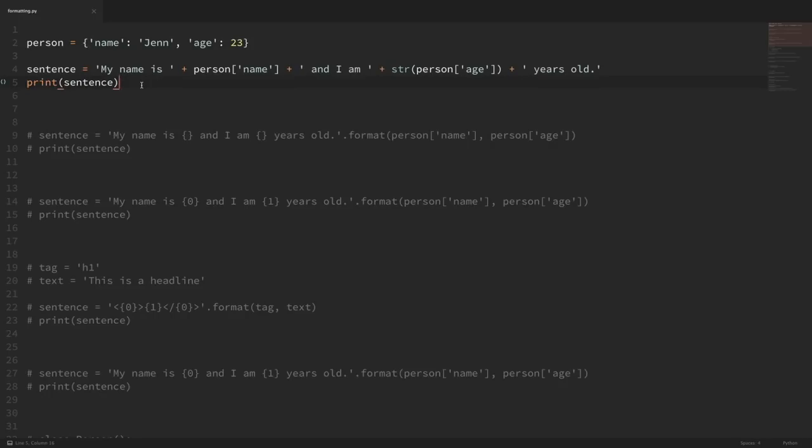Beyond the basics, there are options available that will allow us to format our strings in exactly the way that we want. So I'm going to run through a few examples here really fast just to show some of the different things that we can do with formatting our strings. First of all, if you're not already using some kind of formatting when you print out your strings, then